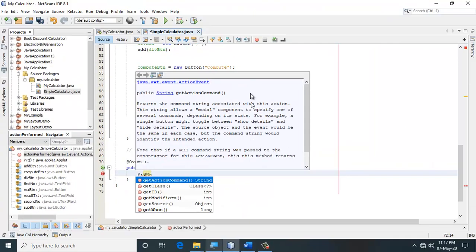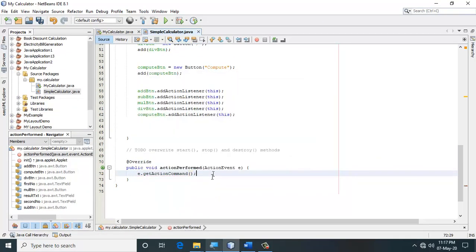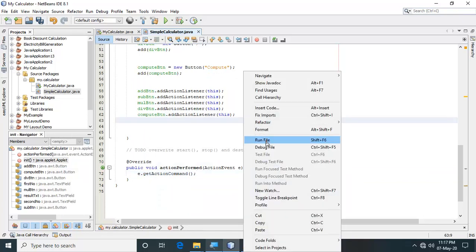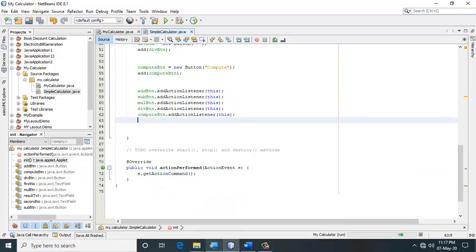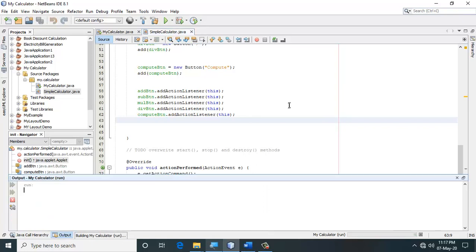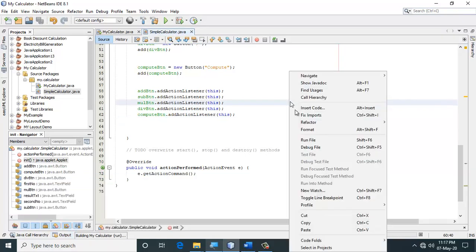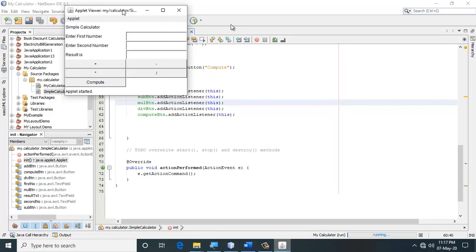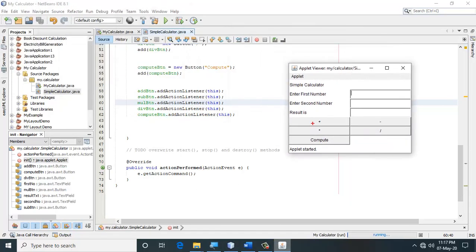What is the meaning of that? It just means that when I click on the plus button in this applet, this method is called, and whatever text is shown on the button I can retrieve here.